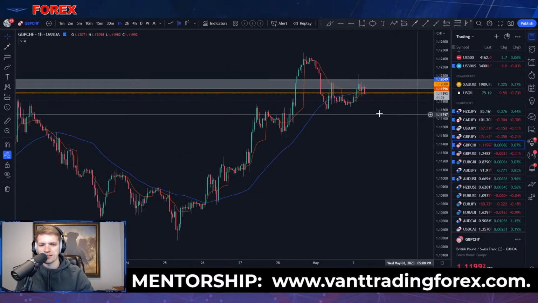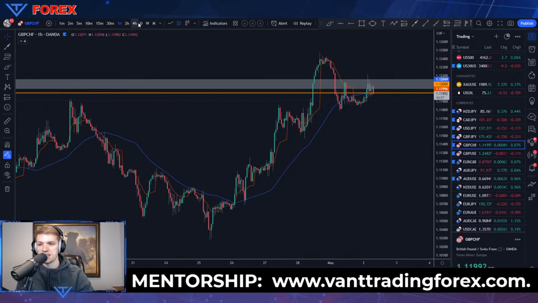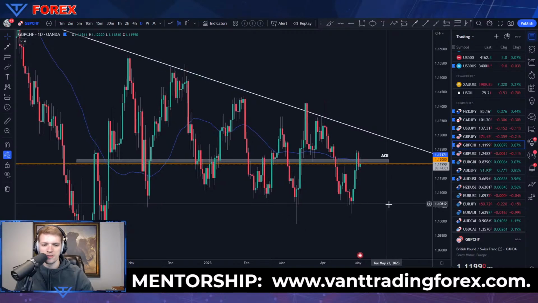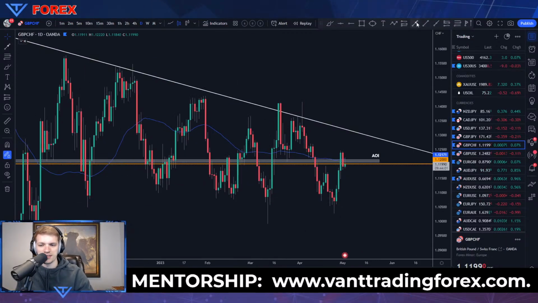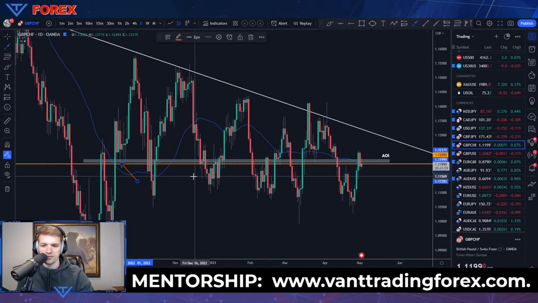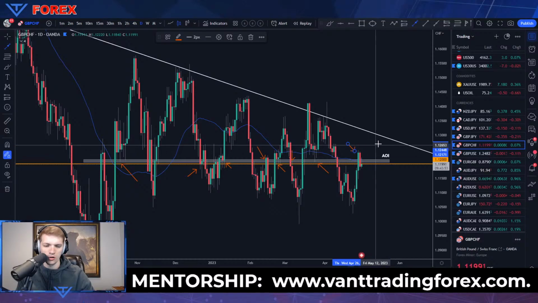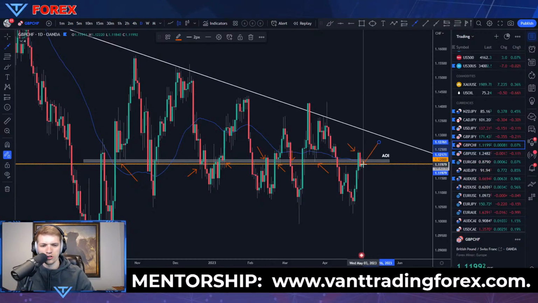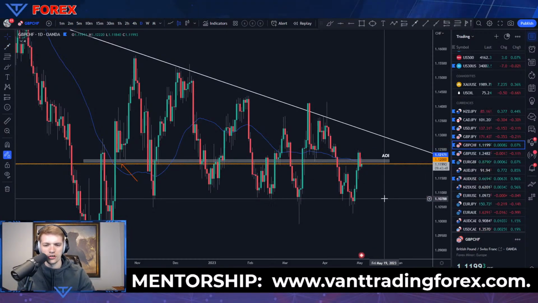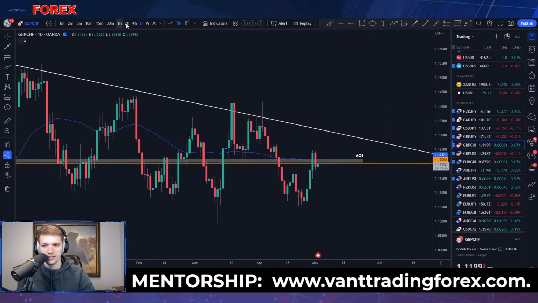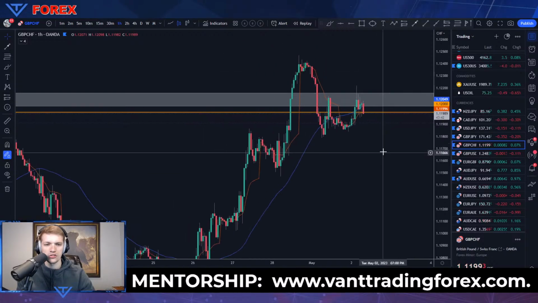Pound Swiss, sells look decent on this one. If you look at the daily chart, this is an area that I was actually looking for sells against anyway. You have support, resistance, support, support, and this is an area where we broke above, bearish close back below. The current candlestick gave us this nice upper wick, and we're starting to retrace a little bit. If you look at the hourly chart,